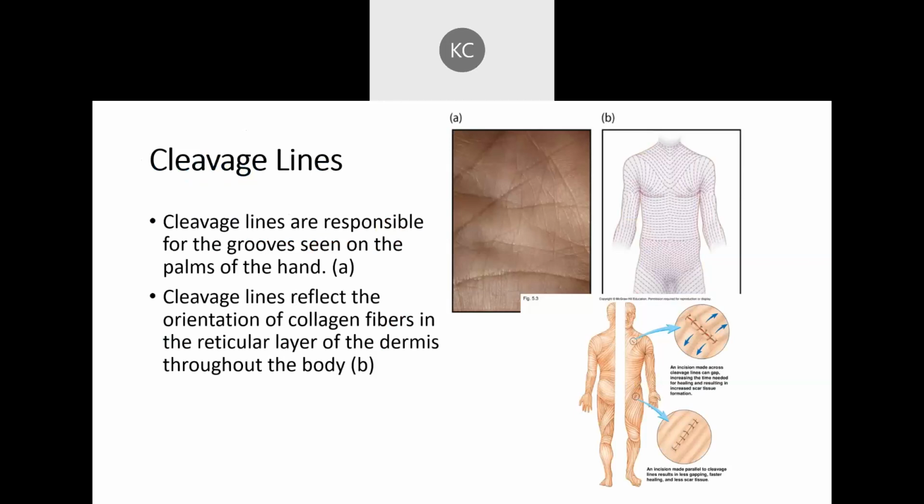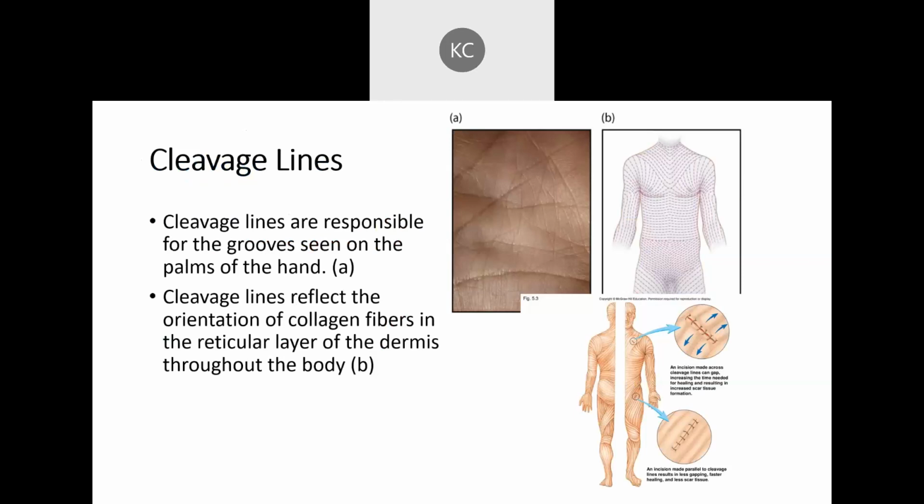Okay. All right. We said that also in the reticular layer, you can have these things called cleavage lines. If you look down at the palms of your hands, you notice all of those lines running in various directions, right? This is a result of the collagen fibers in that reticular layer of the dermis. So we had the epidermis, and then the dermis, with the papillary and reticular layer. In the reticular layer, you have lots of collagen fibers that run in various directions, and it results in these creases that we see